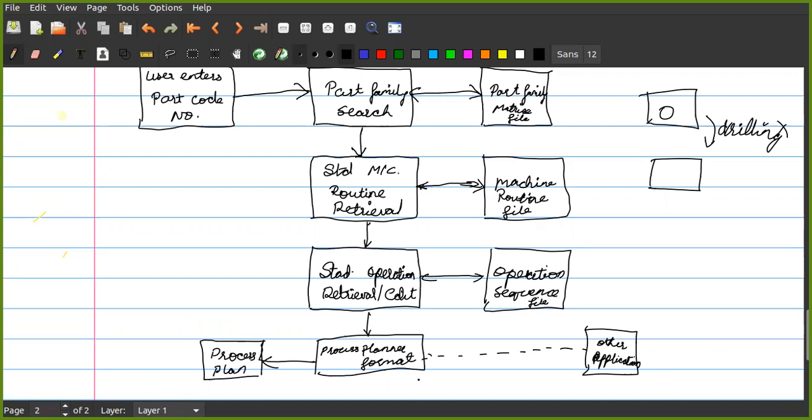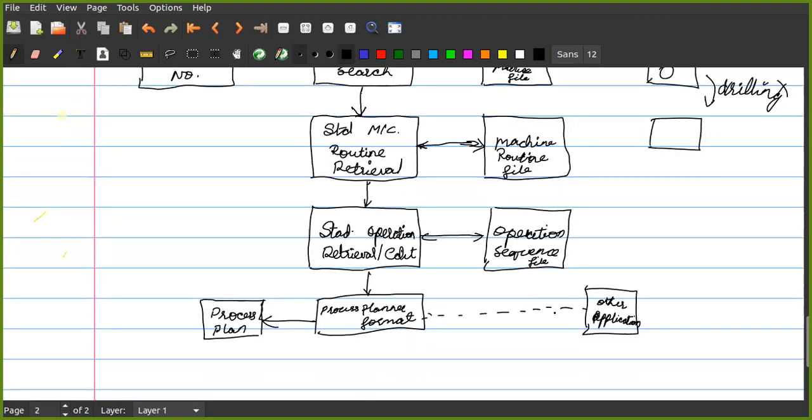It includes the sequence of operations, the planning of that particular process, the standard time for that process, as well as the cutting conditions of that machining process. So all three functions will be performed and saved in the process plan.